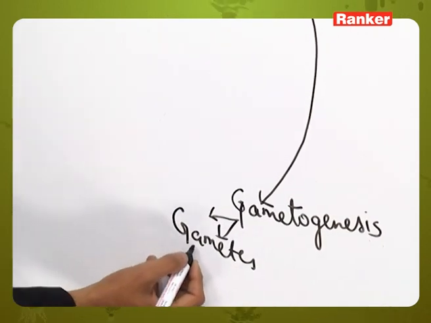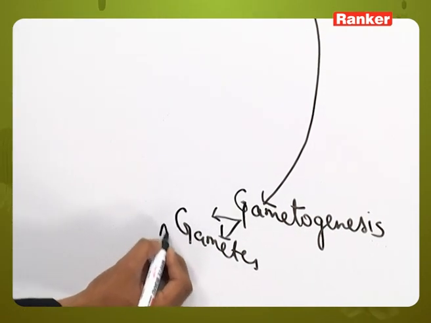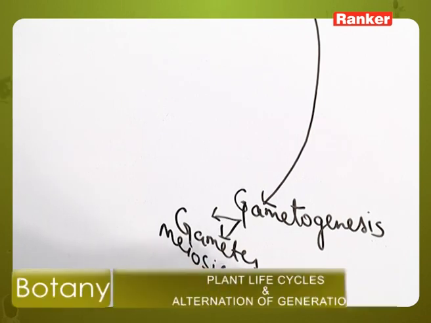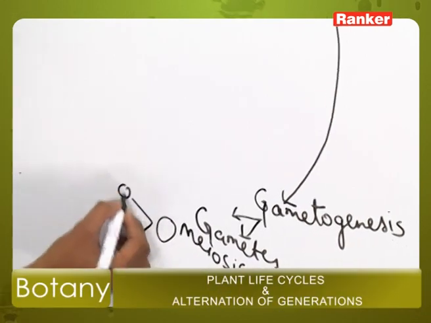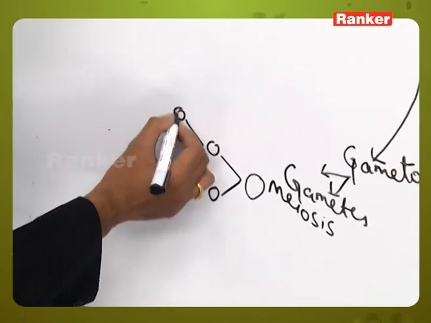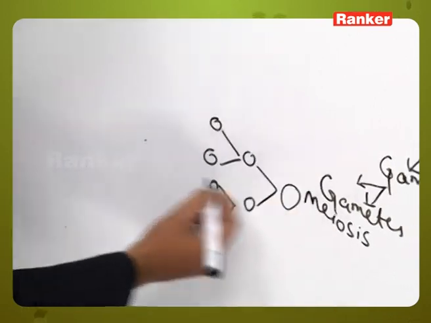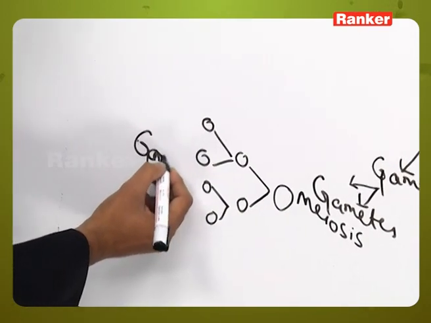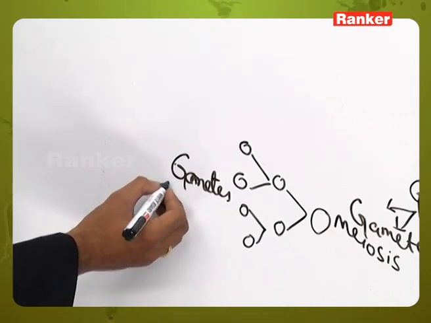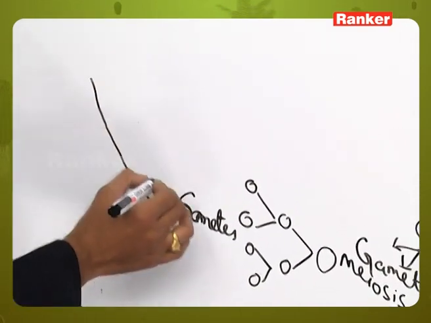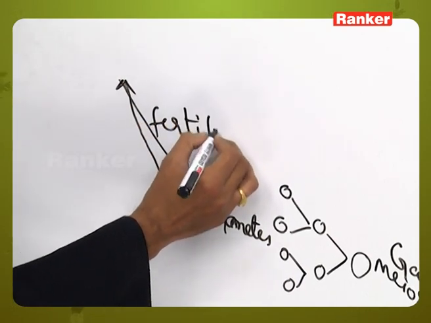And here during this process the meiosis will take place, leading to the formation of haploid structures. So these haploid structures are nothing but the gametes, and these gametes will participate in the fertilization process,